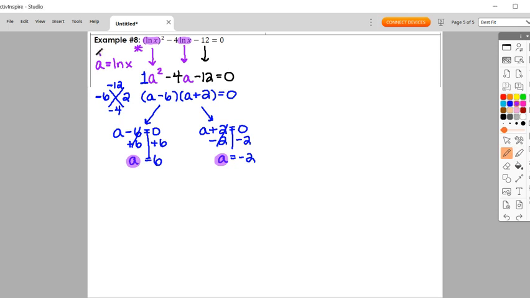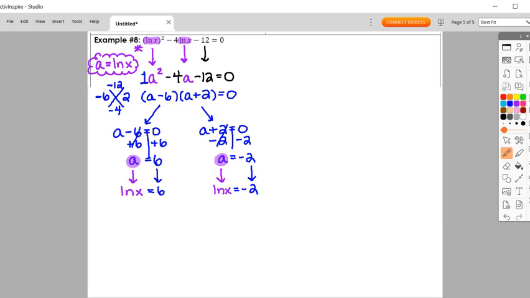that I made the equivalent in the beginning, ln x. So I replace the whole side of a with what it's equivalent to, ln x, and that's now equal to 6. Over here, I replace the whole term of a with ln x, and that is now equal to negative 2. Okay? My goal is to get x by itself in this problem, so it requires a rewrite of both